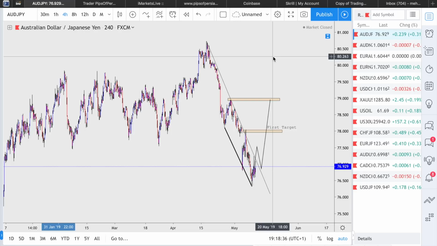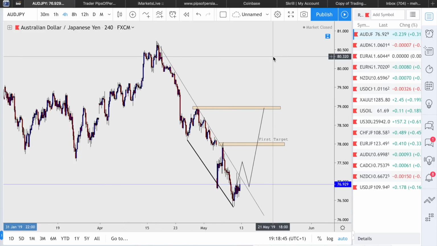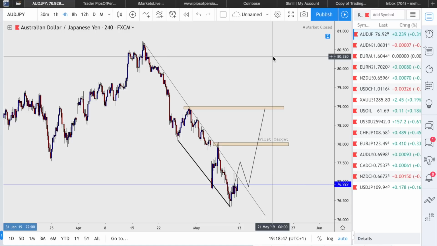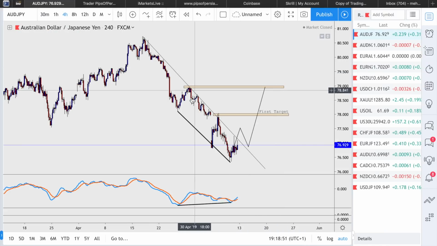I would assume we will have some gaps because of the trade wars happening between the United States and China, which will be affecting Japanese yen, Australian dollar, New Zealand dollar, exactly the same way they did last week. But in terms of pure technical analysis, for AUD/JPY on a 4-hour time frame,